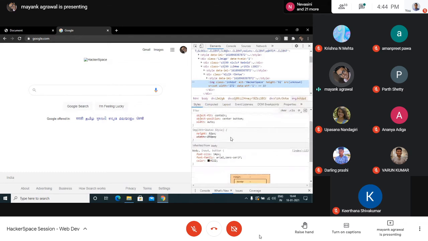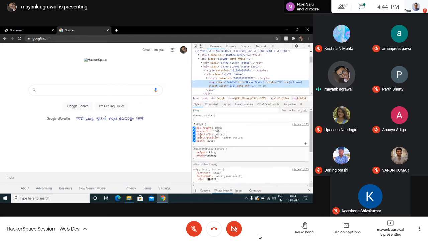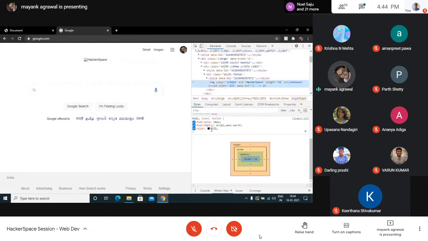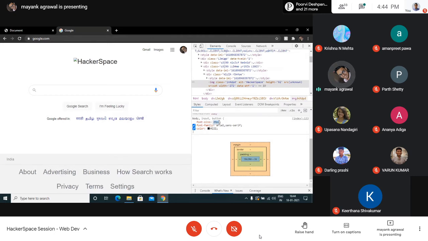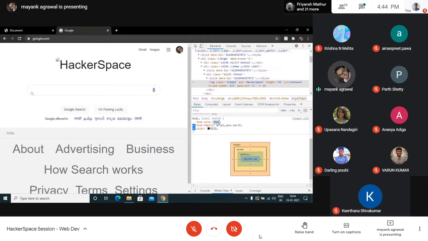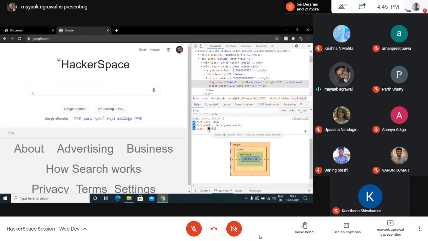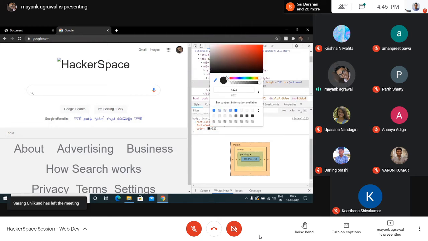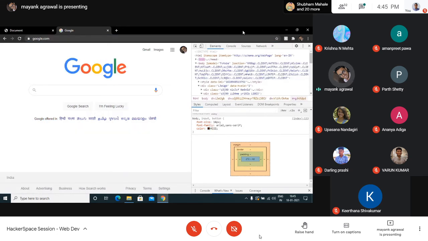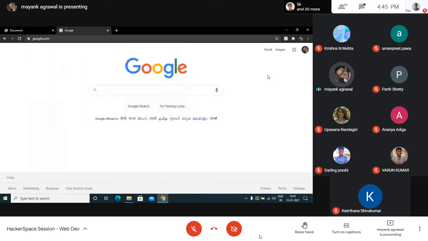And not only this, you can also play with these stylings that are being used. So say you want to increase this font size to something, say 60 or 50. You can do it without any issues. And the best part is it's not getting implemented anywhere. So everything is on your side. And if you are bored, or you want to change everything back to normal, you just refresh and you're back to it. And you can again mess with it. So this is a developer tool which you'll be using quite often while building anything.